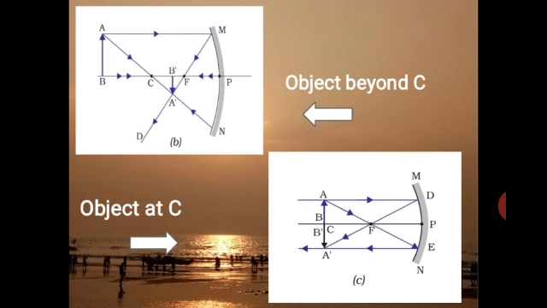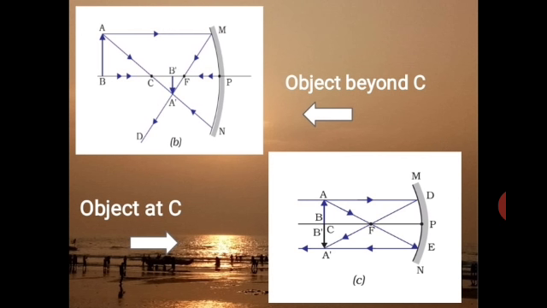The point A dash where these 2 reflected rays meet gives us the position of the image. Thus, we have an inverted image formed, which is denoted by A dash B dash in the diagram. Note the position of the image formed. It is formed between C and F. Thus, the object located just beyond C forms an image somewhere between F and C. This image is also real and inverted.